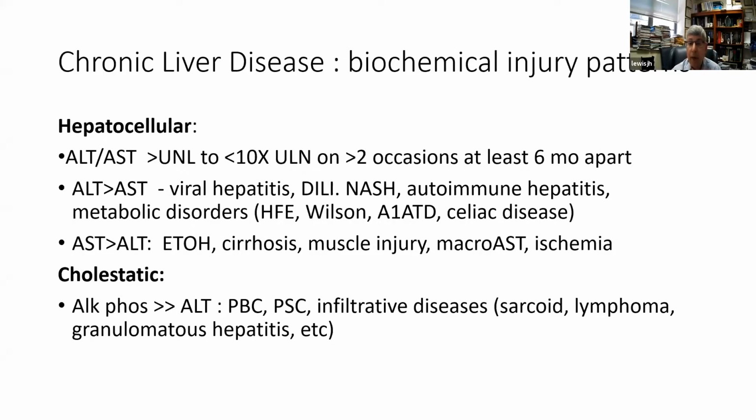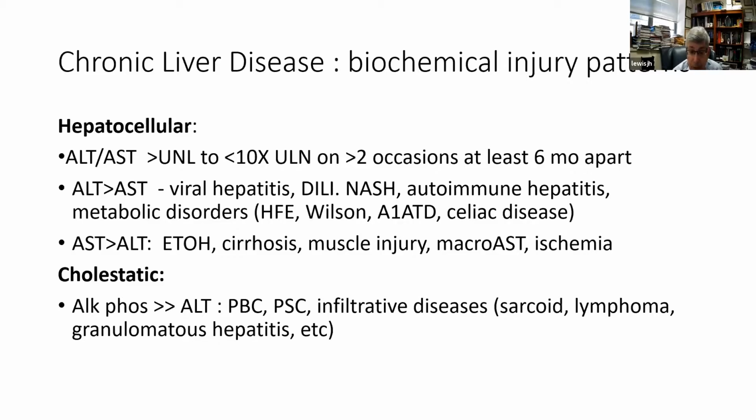The biochemical injury patterns are also important. Hepatocellular injury is defined by an elevation in ALT or AST. As I already mentioned, if your AST is higher, it's alcohol, muscle injury, cirrhosis, ischemia, etc. There's also something called macro AST, where the AST is an isolated finding, it's elevated, everything else is normal, and it may be this peculiar benign condition. When the ALT is higher in a chronic liver disease, it means a non-cirrhotic condition, and it could be anything